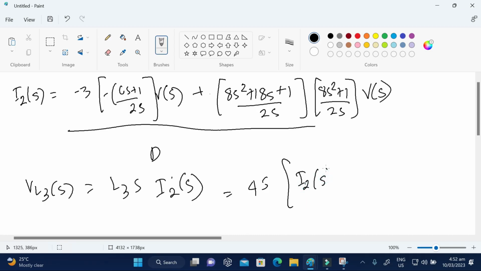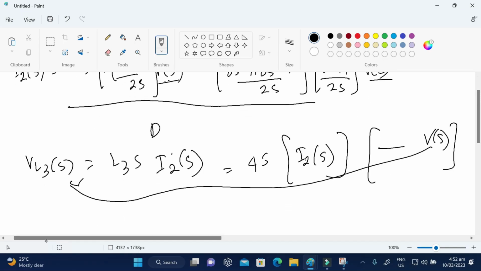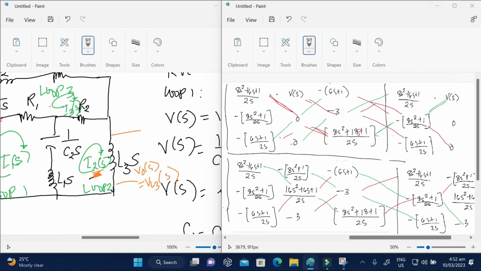So, mapapansin mo si I2 of S, factor out mo si VS, no? So, pag meron siya dito, tapos meron kang VS doon, ilalim mo na ngayon ito dito para makuha mo si transfer function. Ito to VL3S over VS. So, yan yung magiging sagot. I will leave that to you as your sit work. Okay? No? So, yan ang ating